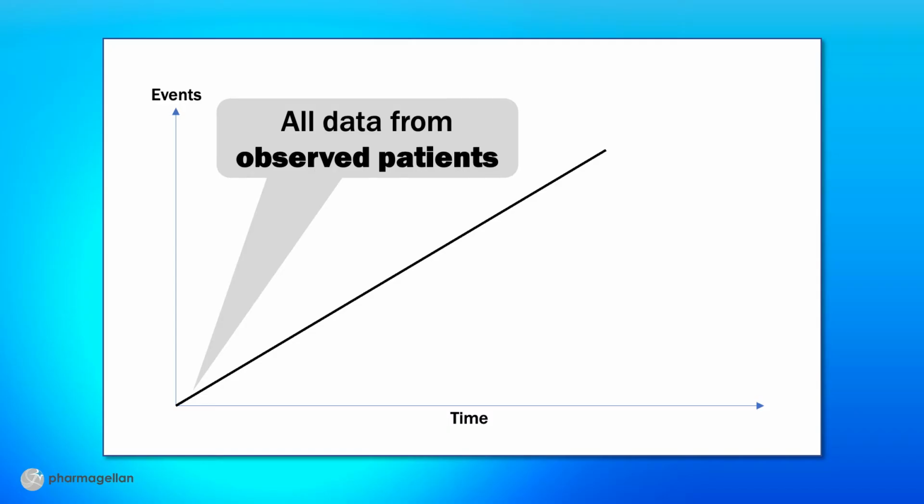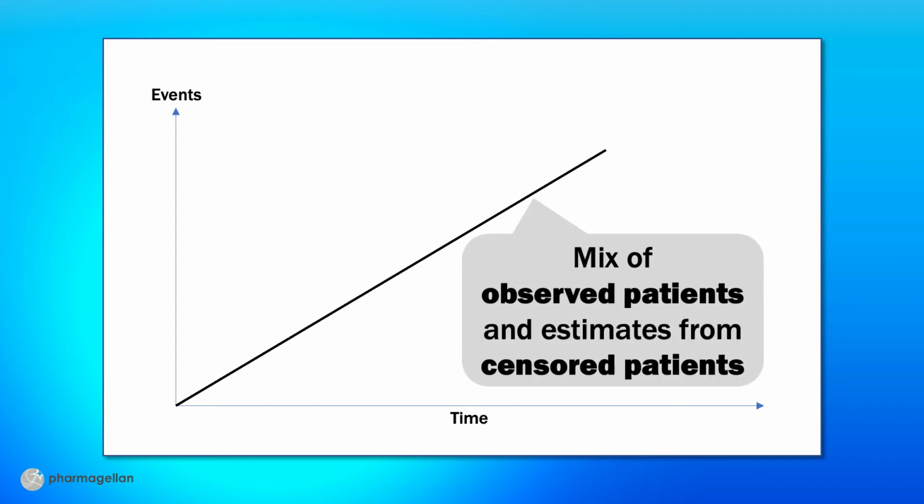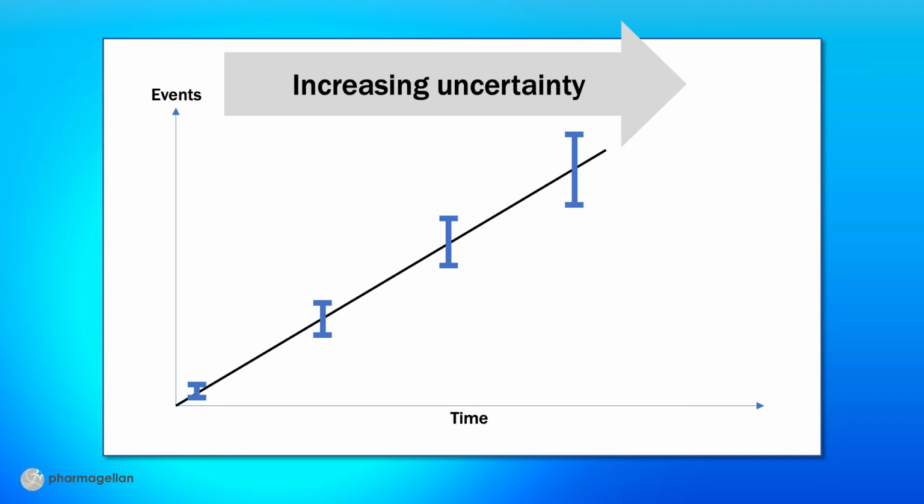Toward the beginning of the study, you have the largest sample size you'll ever have, so all the data are from observed patients. But later on, the points on the lines are based on a mix of a smaller number of observations and a larger number of estimates of what would have happened to patients if they'd made it that long. So if the graph had error bars, you'd see their width increase as you move to the right to later time points. And in fact, that's what you see here in a rare example that does include 95% confidence